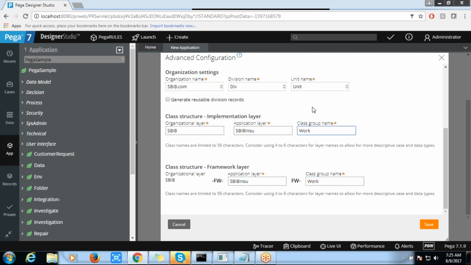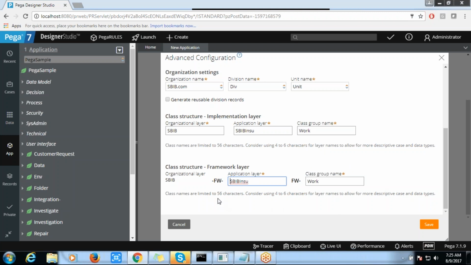We are going to learn this soon, okay, and how it is going to generate the framework layer with this combination. So these are all the things which are going to be generated. If you want to change these names, you can change them here, okay.